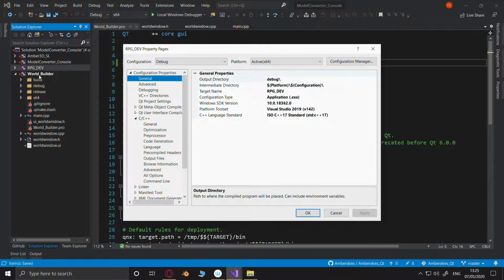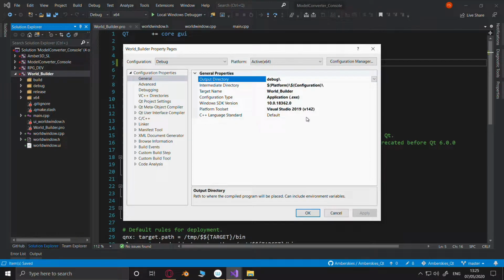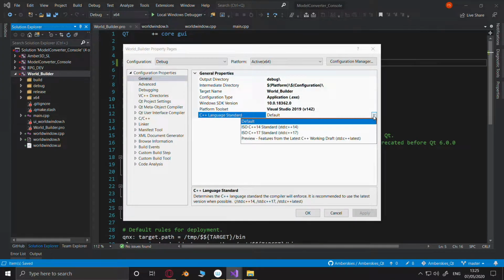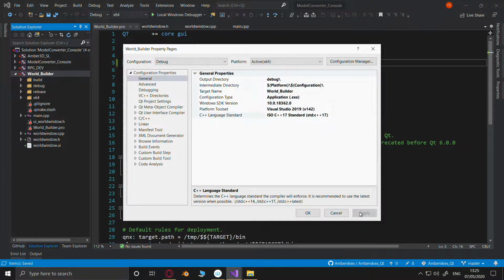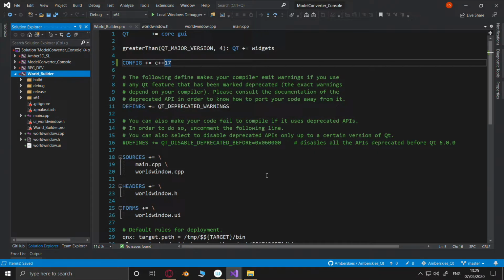Alright. Default. There we go. Apply. Make sure that we're on 17, please, because that way we're going to get a more modern C++. IntelliSense? I'm not going to call it IntelliSense in Microsoft anymore. I'm just going to call it Microsoft Sense.